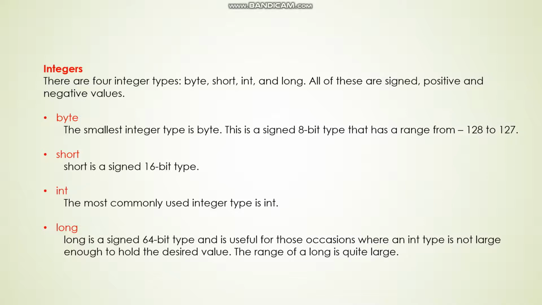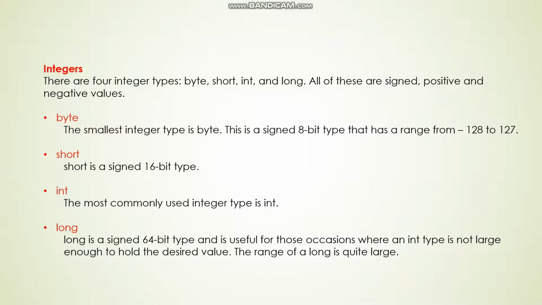Now, the variables of type byte are especially useful when you are working with a stream of data from a network or file. Now, the byte variables are declared by the use of the byte keyword. When you declare a byte variable, you have to put the keyword byte before the variable. Short. Short is a signed 16-bit type. It has a range from -32768 to 32767. And it is probably the least used data type. Short is not much more important.